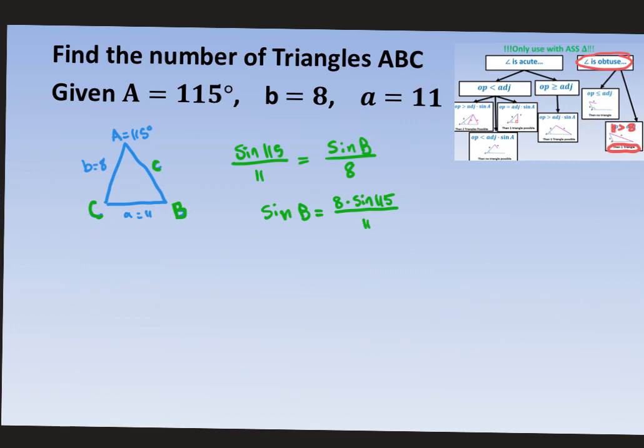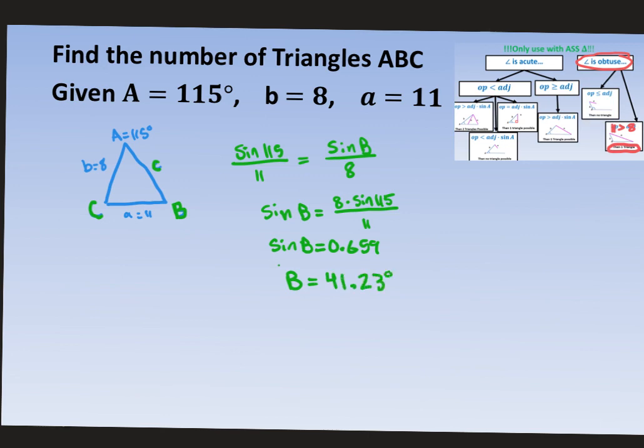We divided that 11 over after we cross multiply. So we'll put that in our calculator. You do 8 times the sine of 115 divided by 11. You get the sine of B equals 0.659. I'll take the inverse sine of that, and I will get that my big angle B is equal to